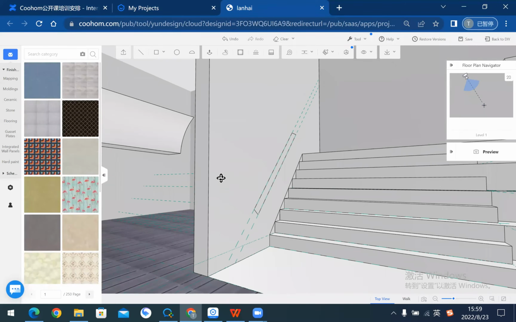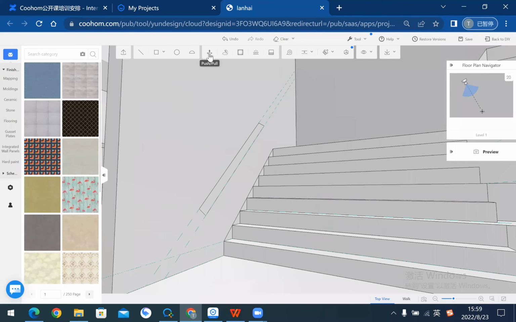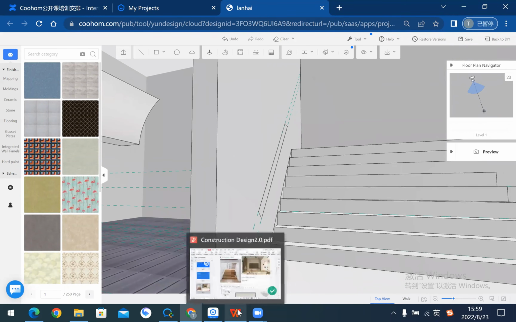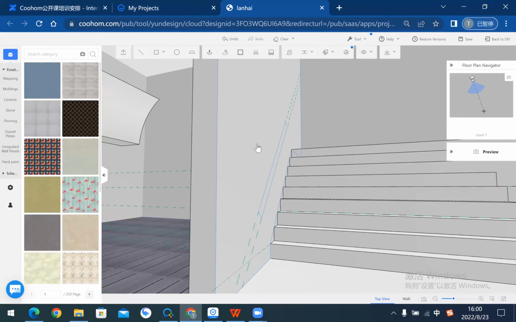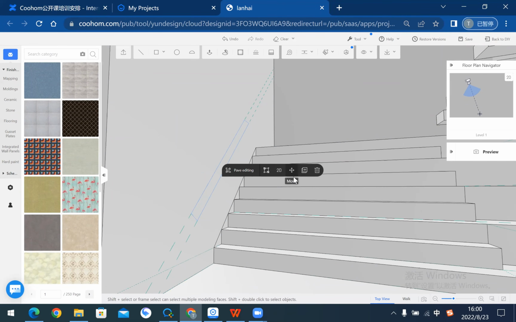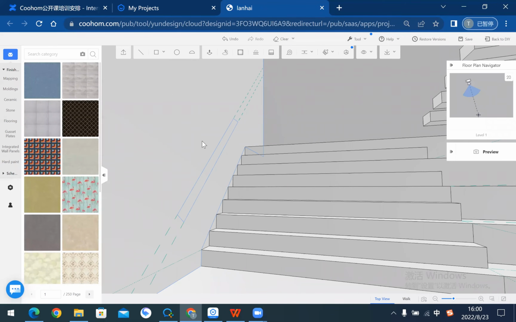For example, I draw this shape and push it to the right side. Actually, we need to move it to the right side. Yeah, there also exist some hardwares, some metals for the handle. Okay, click this face and then move it to the right side, and in order to move it to the position more precisely, we need to add the